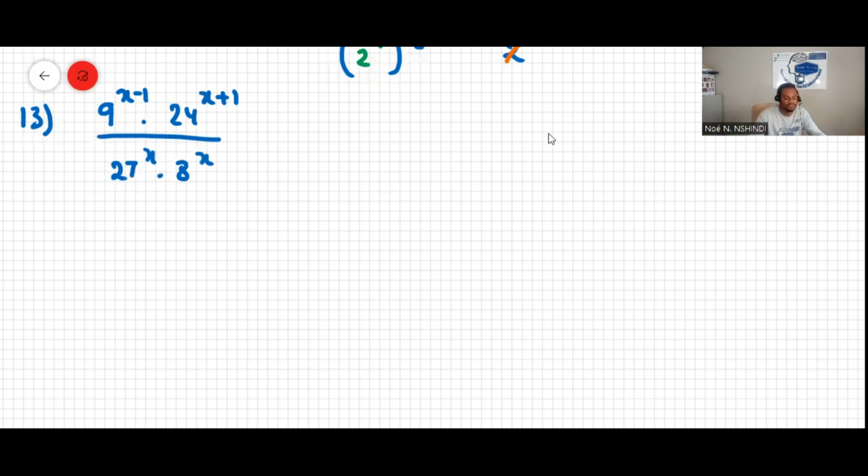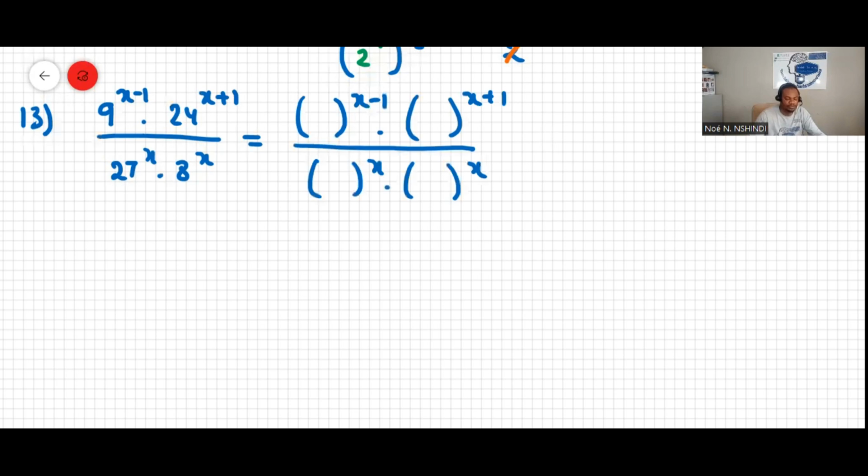So what can we do here? I'll keep it like 9 to the x minus 1 multiplied by 24 to the x plus 1 all over 27 to the x multiplied by 8 to the x. So 9 is 3 squared. 24 in terms of its prime factor is